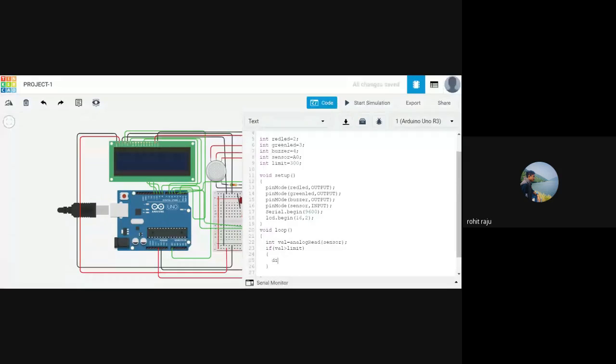So first we will make that glow. So where is the red LED? Yeah, the red LED goes high. We need that to be high for a couple of seconds, right? Yeah, we will put it high. And if the green LED is on, we'll put it to low because it's not safe, right? We need it to be low. Yeah, low. And then we need to ring the buzzer.